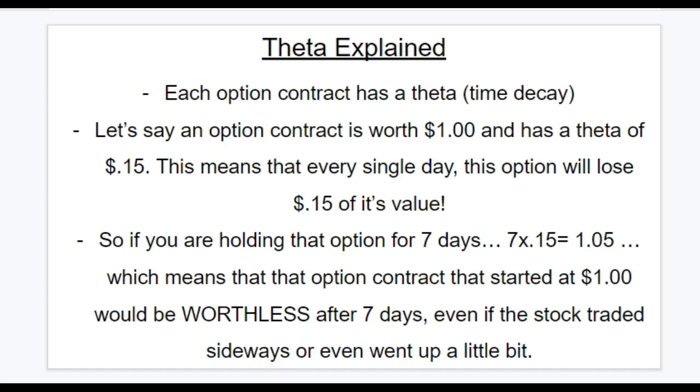So even if the stock traded sideways, that option is losing value. When you hold a stock, if it trades sideways, you do not lose money. But if you hold an option and it's trading sideways, you are going to lose money. So that's why you have to give yourself plenty of time, and that's why we trade options that are